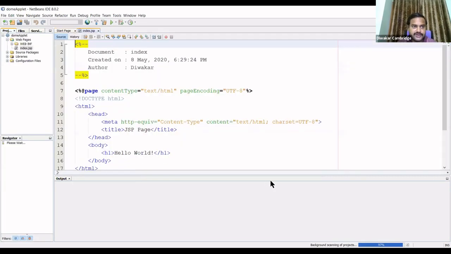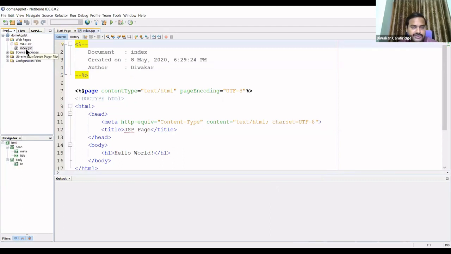Now you observe here, the index.jsp page will be created.